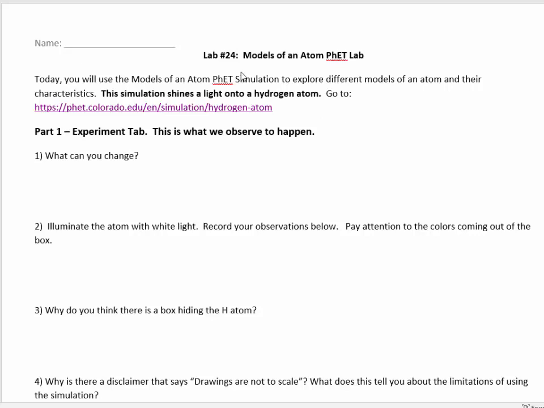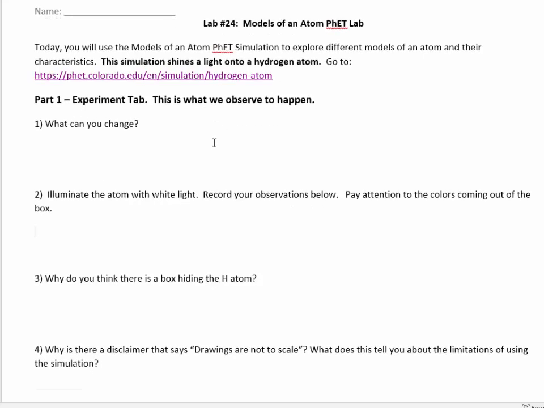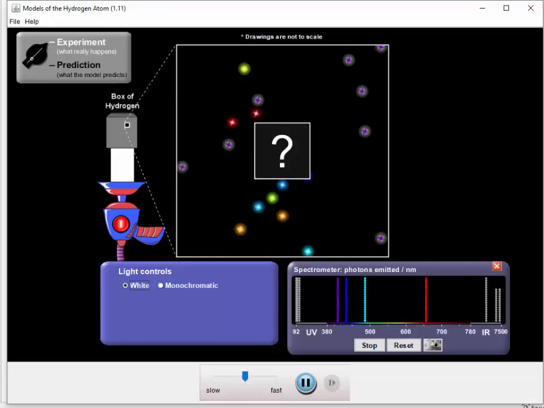Alright, this is a walkthrough of lab number 24. We'll be taking a look at models of the atom. I know you've seen a lot of this lab in the lecture, but if you can't get the Java lab to work, then I'm going to work my way through the lab, and it's up to you to jot down your findings. So we're going to open up this simulation right here, and I've already had it up and running